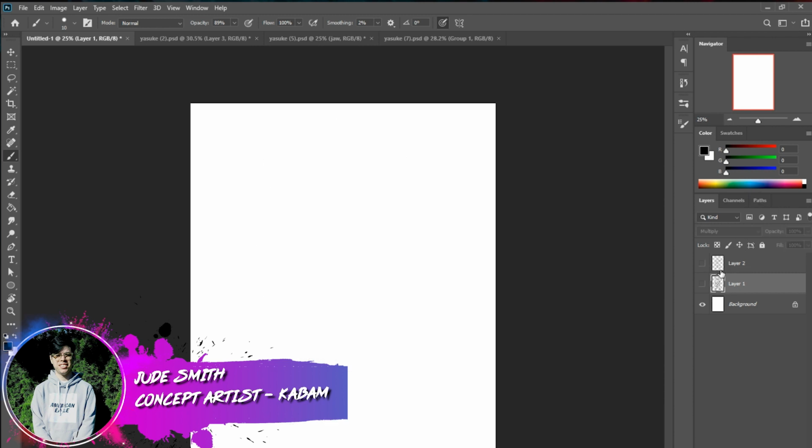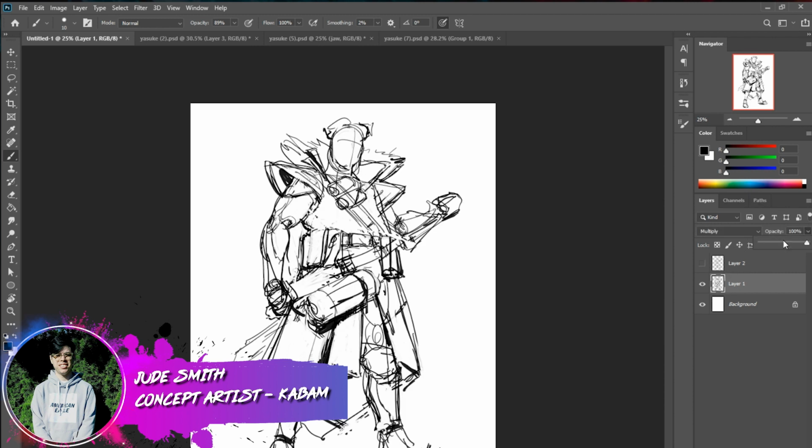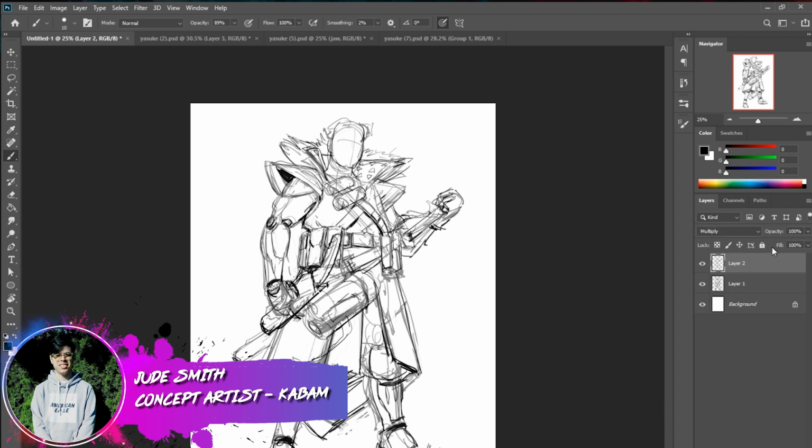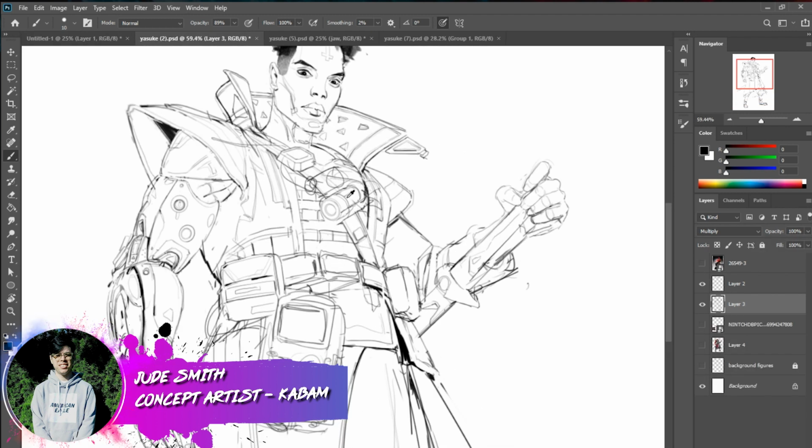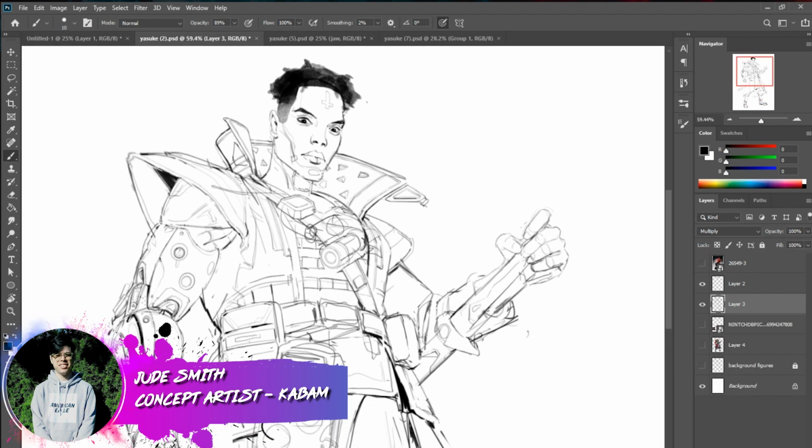For rendering, I always paint over top of my line art and my underpaint, and I like to do a few things. So typically, when I'm painting,